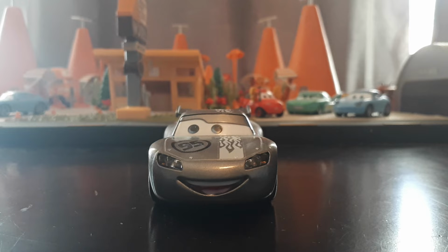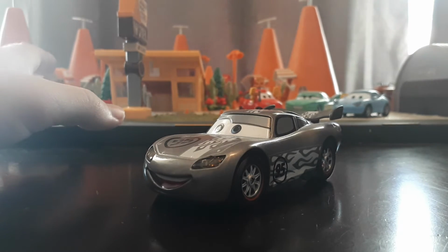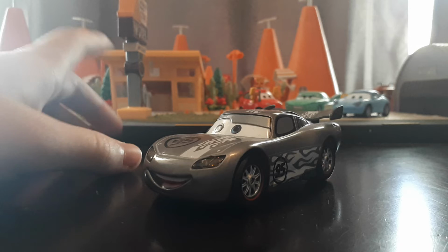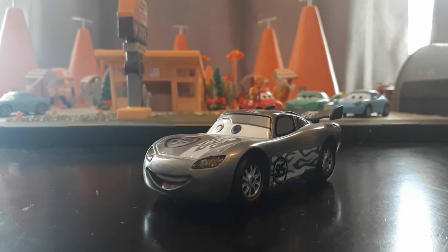We got Silver Radiator Springs McQueen as a mini racer, and I think Silver Cars 3 McQueen from Tomica. So we actually have seen McQueen in silver quite a bit, but I think this design is a lot cooler than all of those because it's kind of monochromatic. It's all grays and whites and black, whereas all the other silver McQueens that I just mentioned still have hints of color. Like D100 McQueen still has hints of red. Silver Cars 1 McQueen still has his logos and decals in color, whereas this is completely monochromatic, which I think